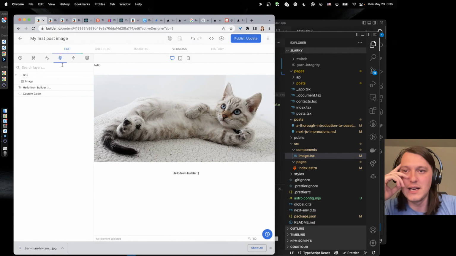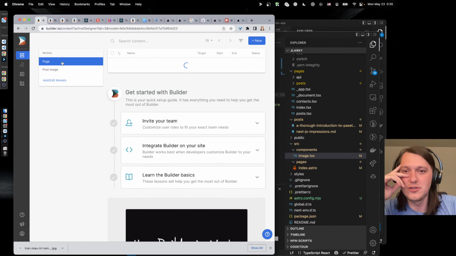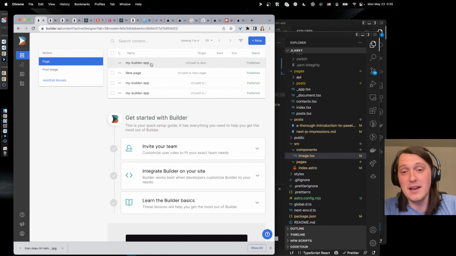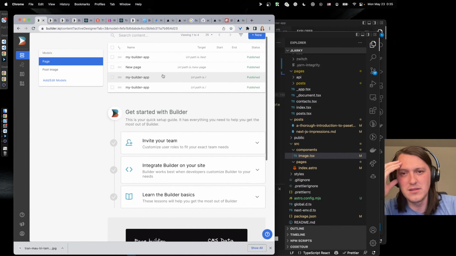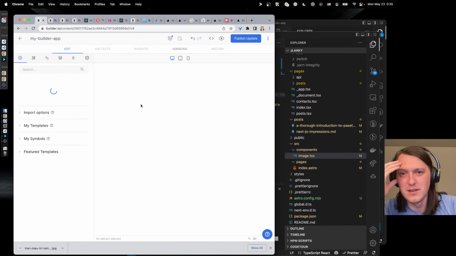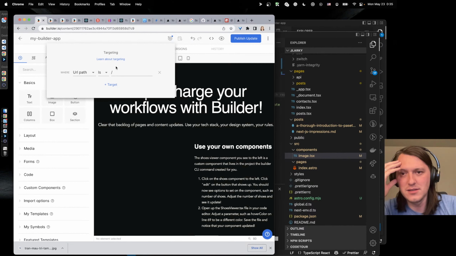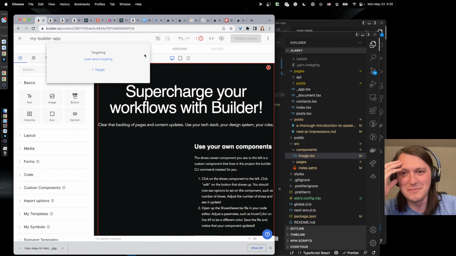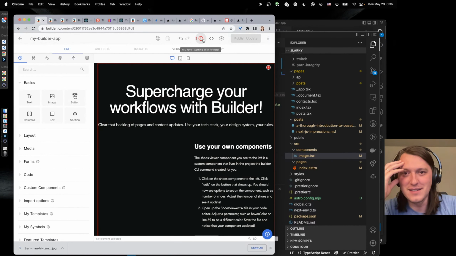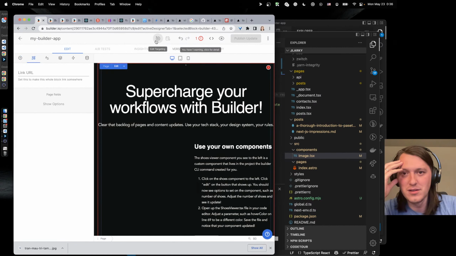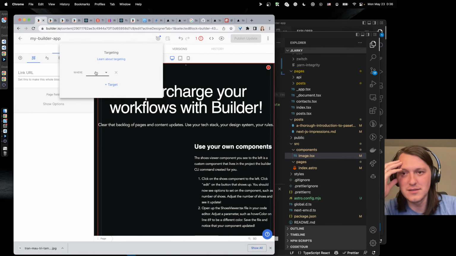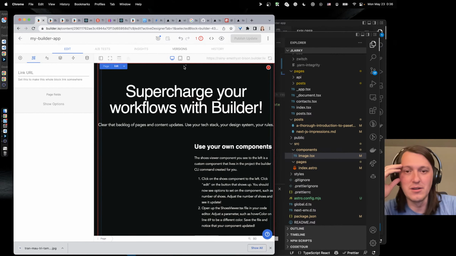Is there something that I want to show but didn't show? I guess it was curious how all the routing works and how flexible it is. I still don't know what targeting means. But you have one warning. You must choose URL. Okay, so it has to be. I don't care for now.